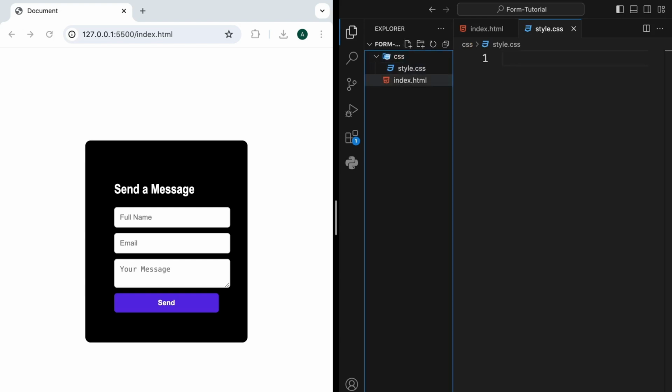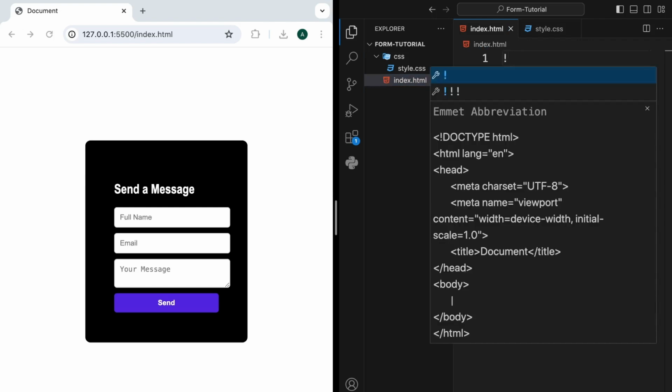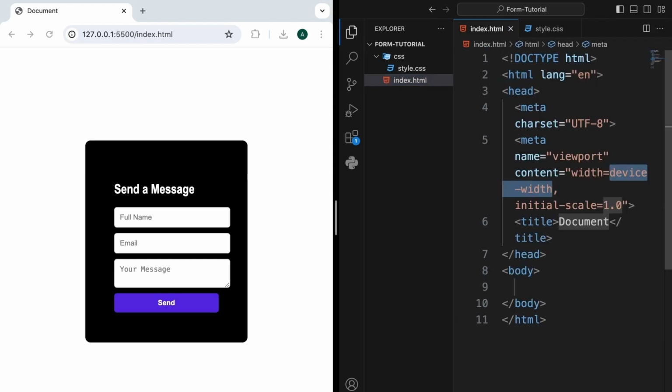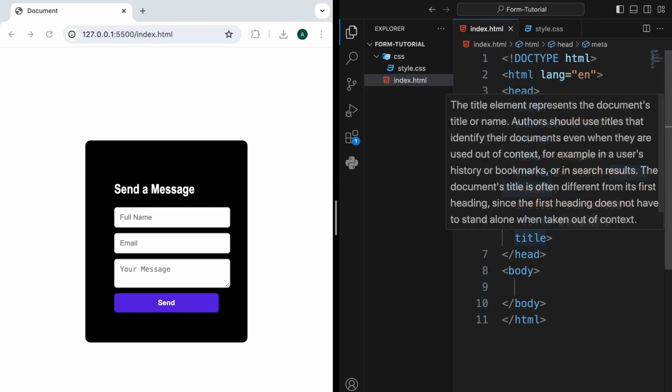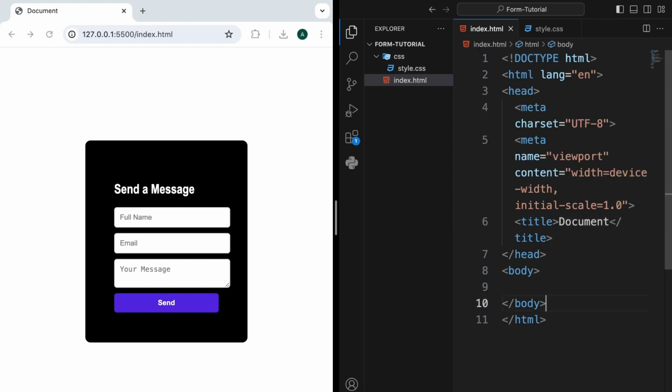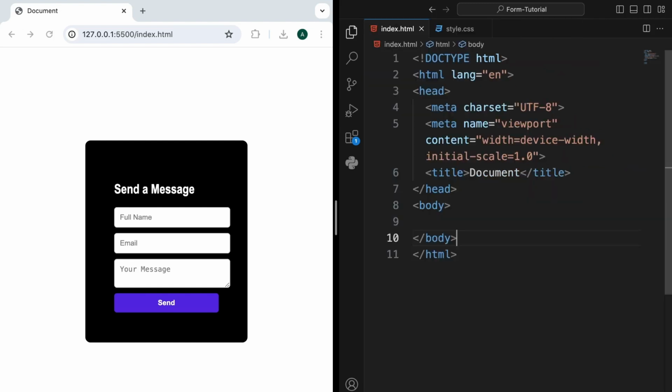We are not building any complex application. It's just this simple form that we'll be doing. And so inside your HTML you can just go ahead and generate the HTML template, and then we have the doctype, the body, and the header. Okay, I'm just going to close this sidebar out, and then for the form we just have to get a class for the entire